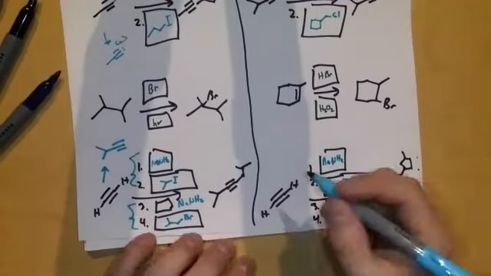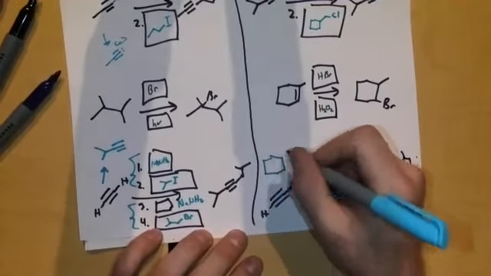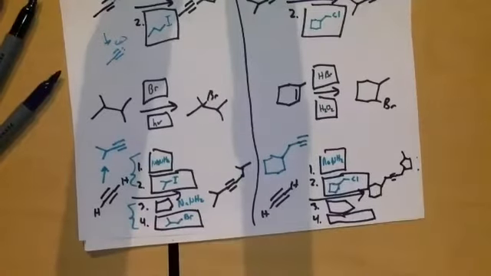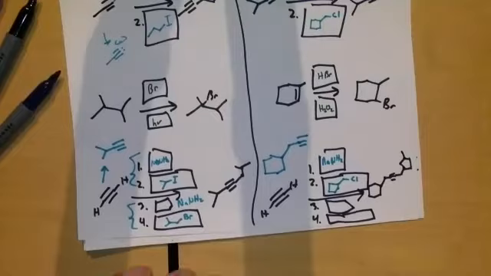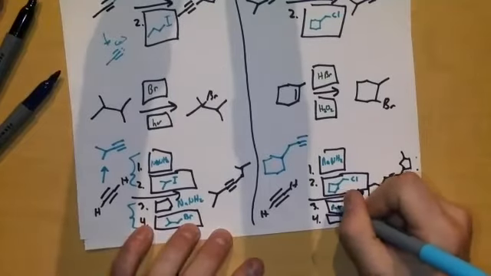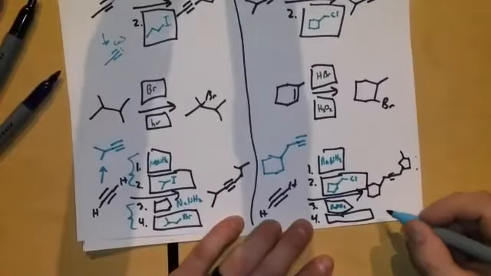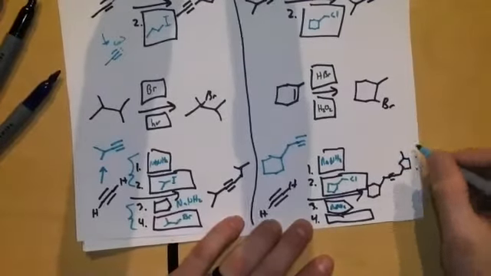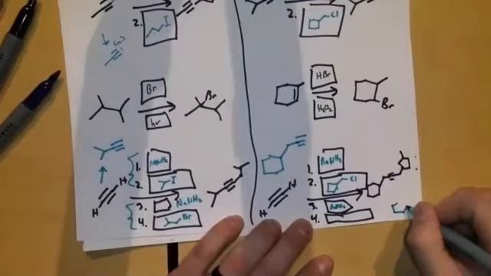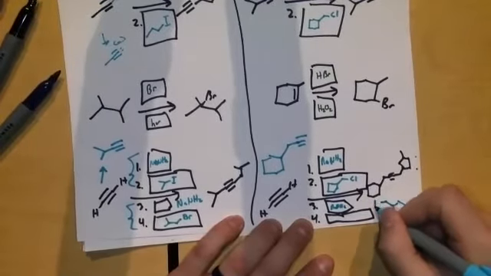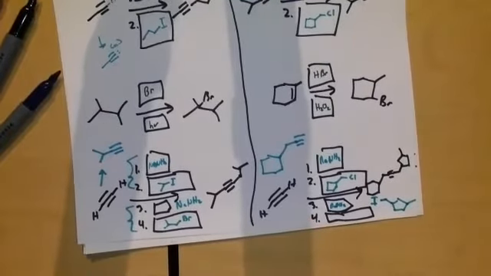Gets us to this, and then throwing in another NaNH2. I don't have enough space in that box. We need this 5-membered ring with a methyl off of there, and then a methyl and our leaving group to get